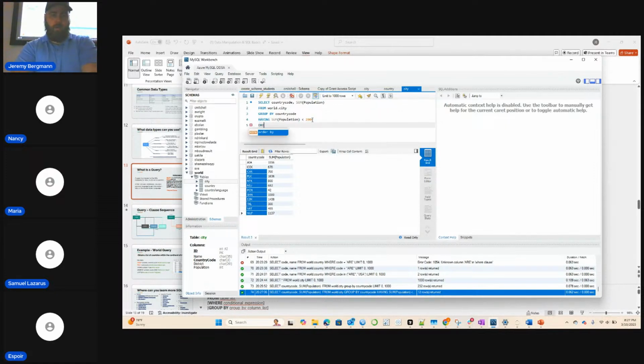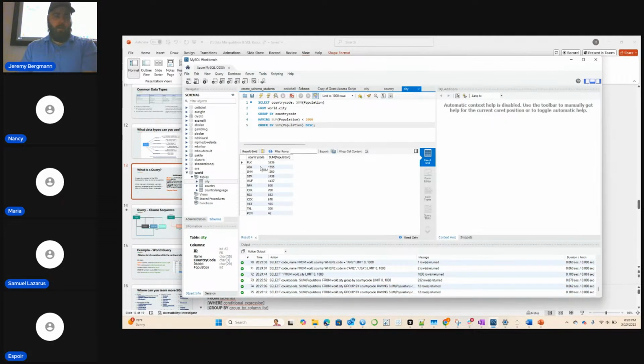ORDER BY sum of population descending. So it'll order by the sum of the population, and it's going to do it in descending order. That's what this command says. So you can see now these populations are in descending order.